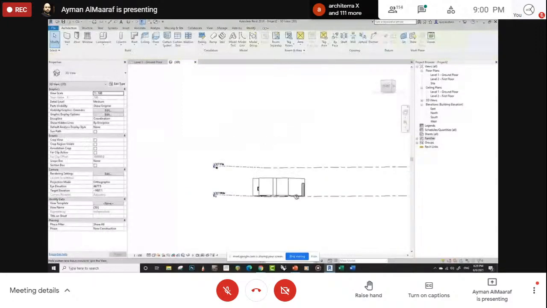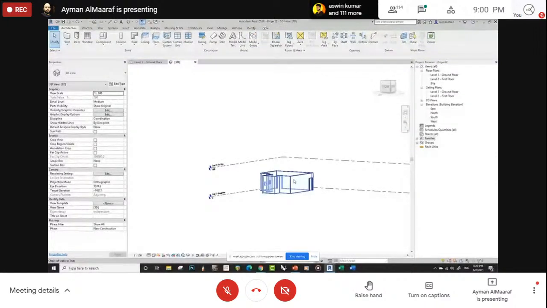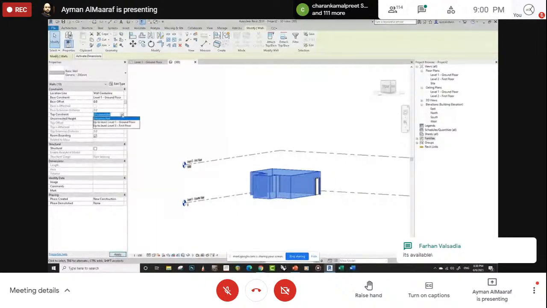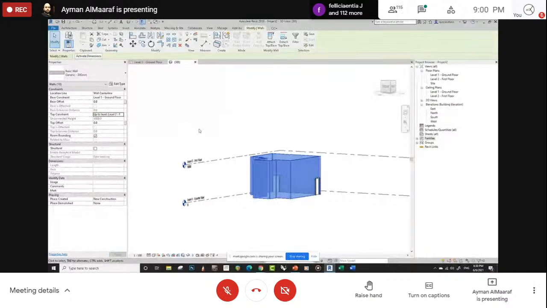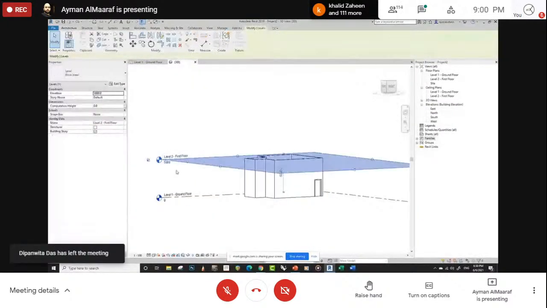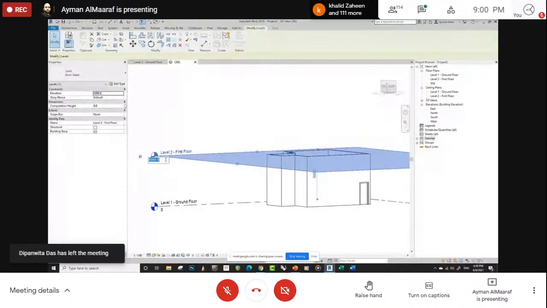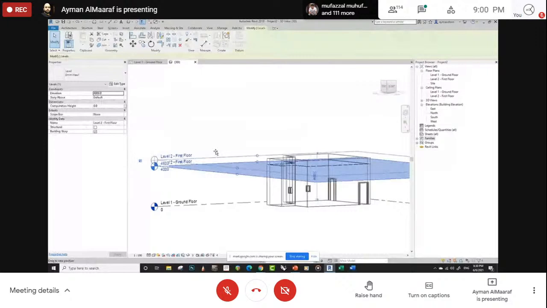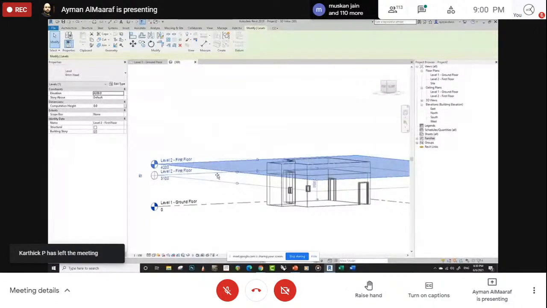So if we click highlight on the wall and click tab, and click on this button right here, it's called top constraint. So if you click on here and select the first floor, you just see that these walls are now connected to the level 2. So if you change the height of level 2, it will change automatically. You can drag it around